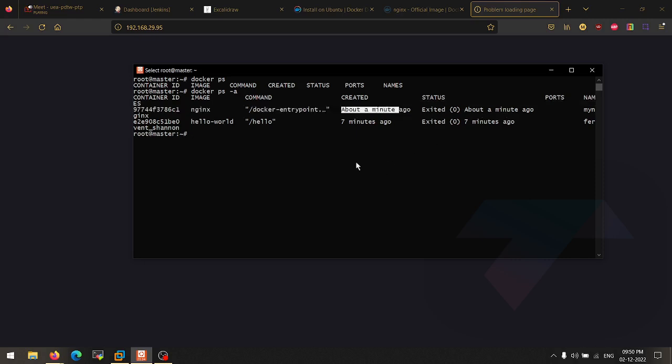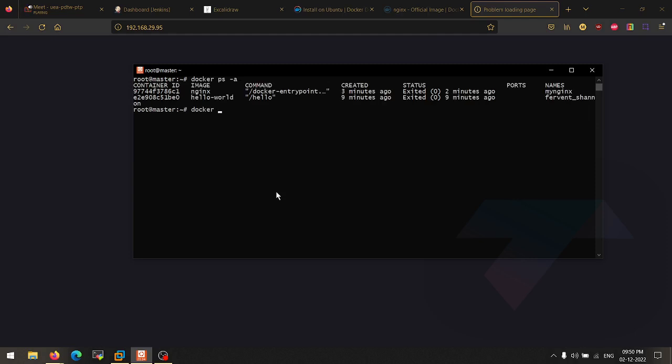Now, if we want to use the same container again, there's no need to use the run command. Why? Because we have already launched the container using the image. Now we just need to start the container. So we have a command called docker start nginx. Hit enter. Now it says failed to start Docker container. Why? Because we didn't start that container in the separate mode, detached mode. We started it in attached mode, right? That's why we are facing this issue.